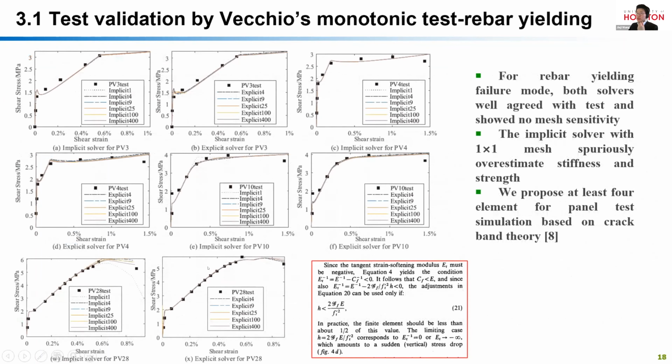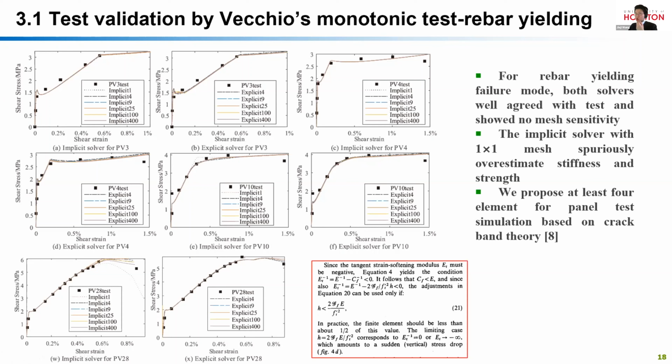This page shows the comparison of specimens PV3, PV4, PV10, and PV28 using both implicit and explicit solvers. In general, for all these specimens, both solvers agreed well with the test, and the mesh sensitivity issue was not observed in this simulation. In addition,